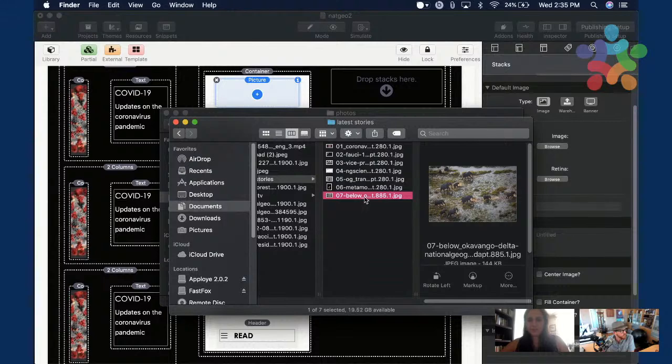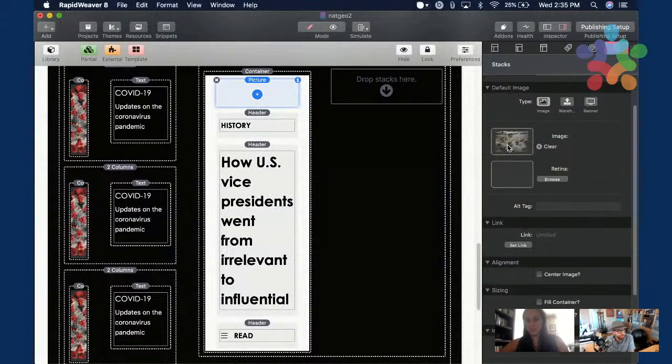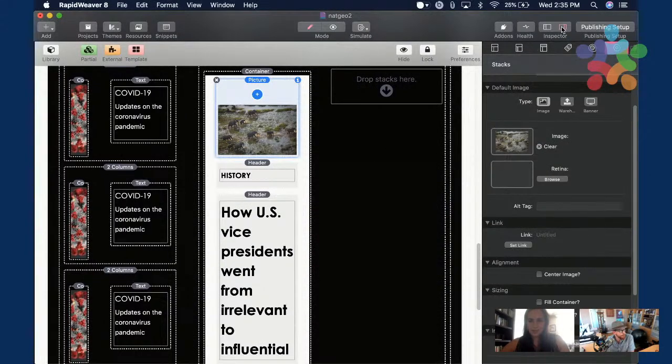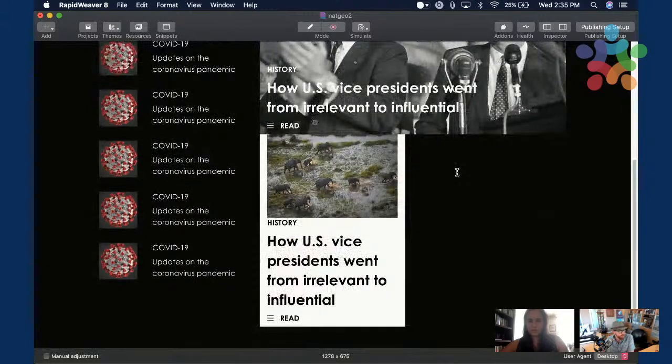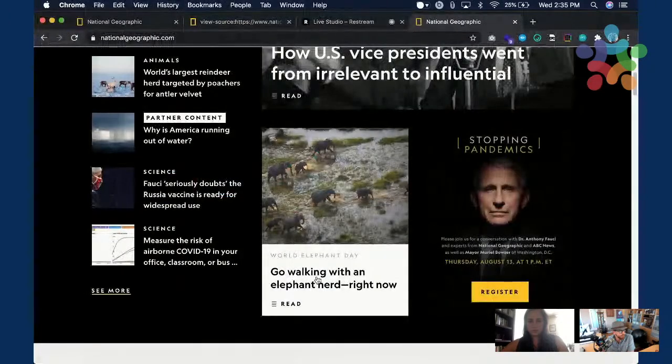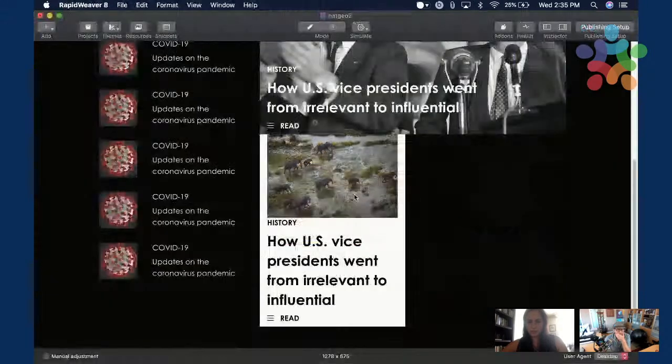I'll read it out loud. Oh, here it is. Okay, so this does not have the bold, and that one does, and that's smaller.